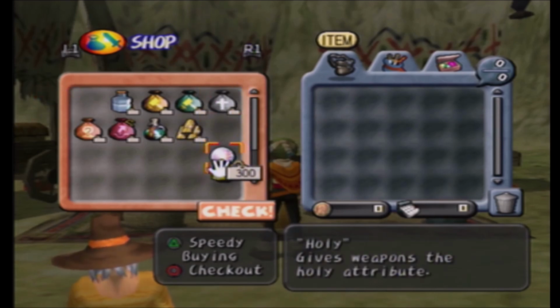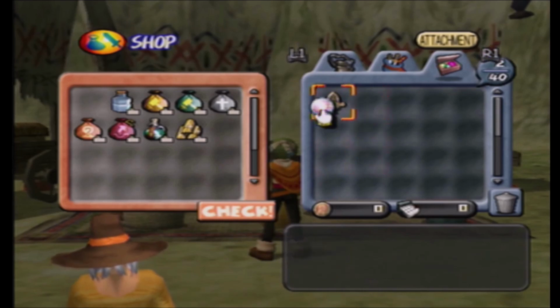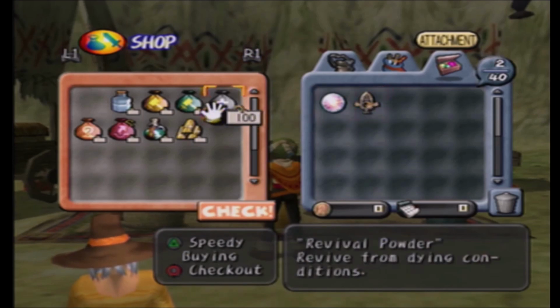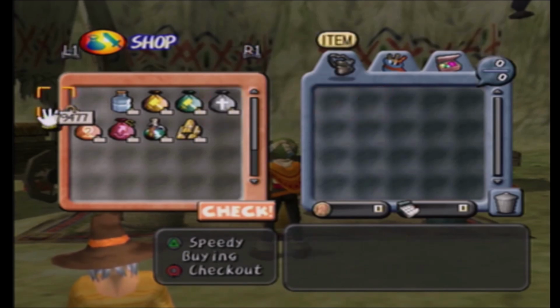That'll bring us back into the shop. We grab the Holy. We want to place the Holy in the first slot and move this glitched attachment over to the second slot. So now we go back into the shop and press R1. When we press R1, we press left as far as we can go once again, up,